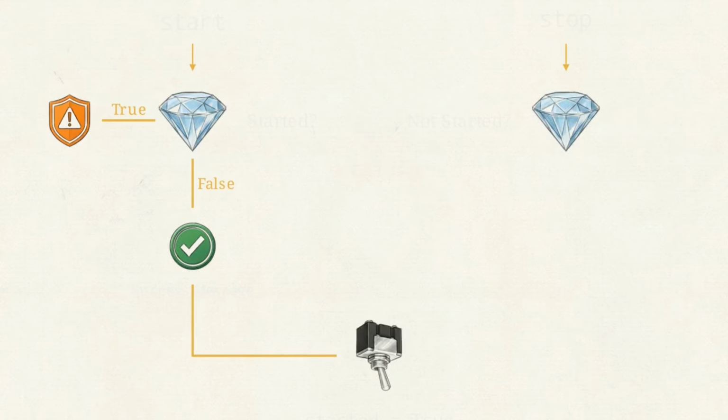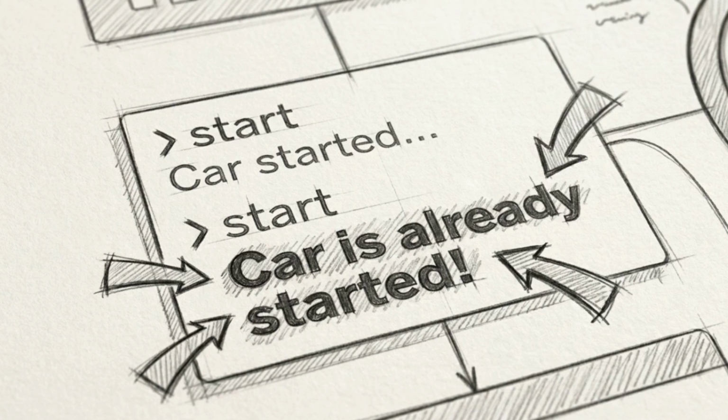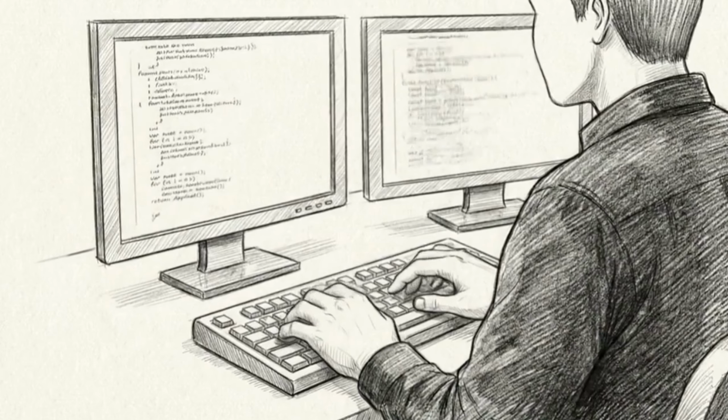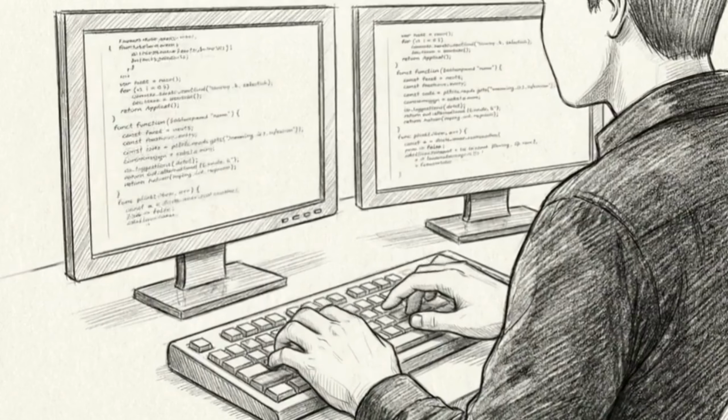By using the not operator, we verify if the car is currently stopped. If it is, we block the command. If the car is running, we confirm the stop and flip the Boolean switch back to false. Running the game one last time, if we try to start an already running car, the program catches the state and prints our custom error. By defining state outside the loop, we provide the program with the memory it needs to evaluate commands based on